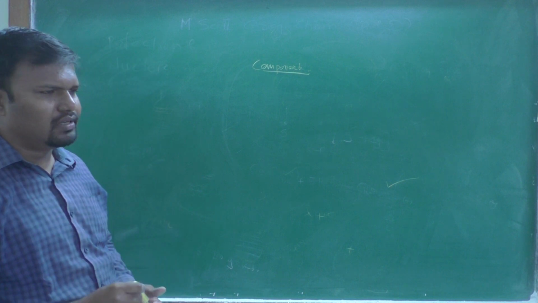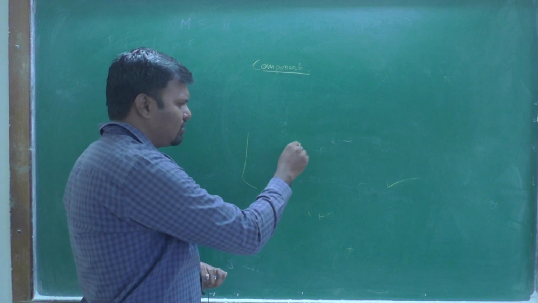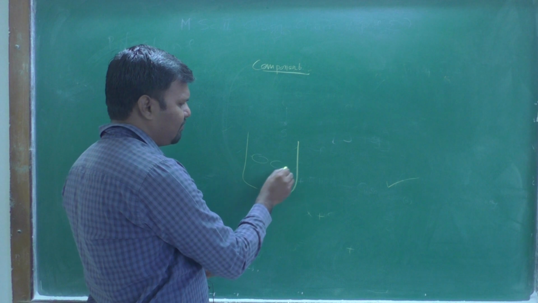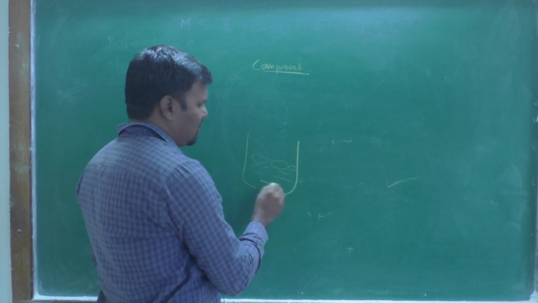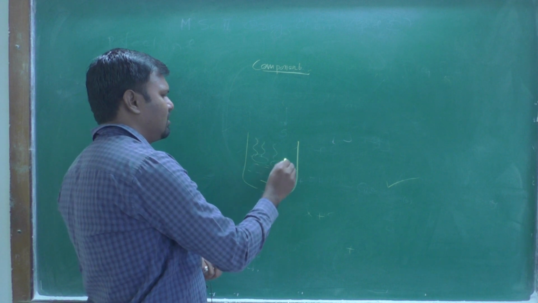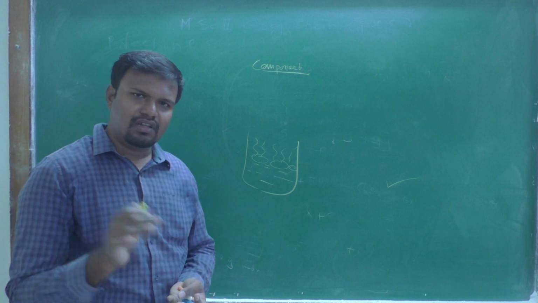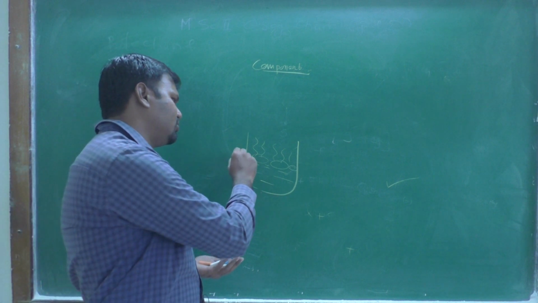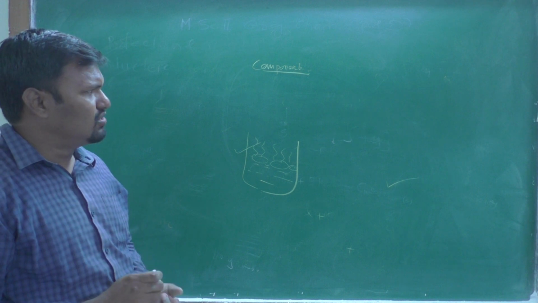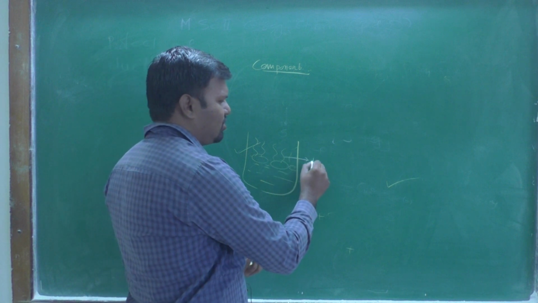Suppose we have a system. We already discussed that system. There is ice, and water, and vapor. Such a system is present at a particular temperature. In this system, you can describe the system